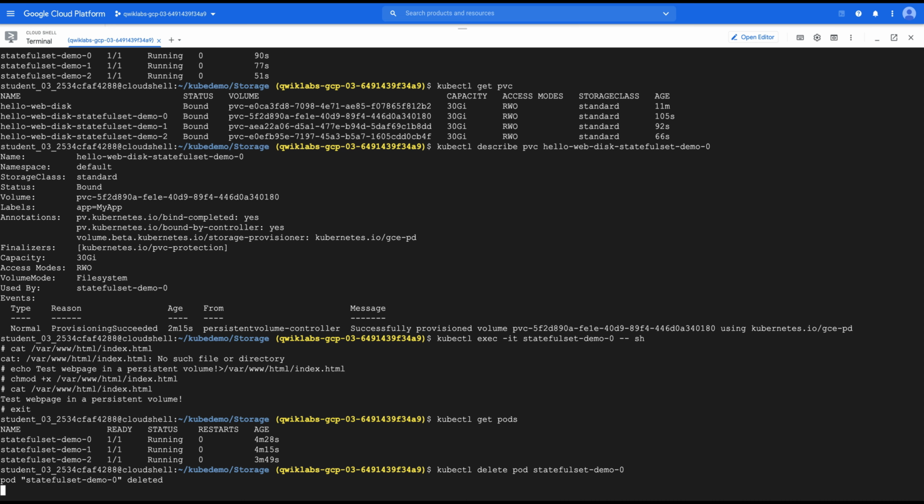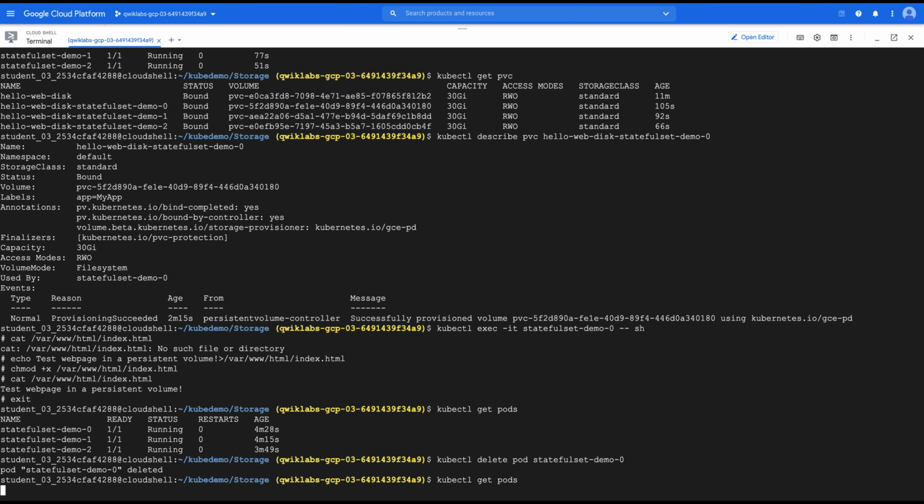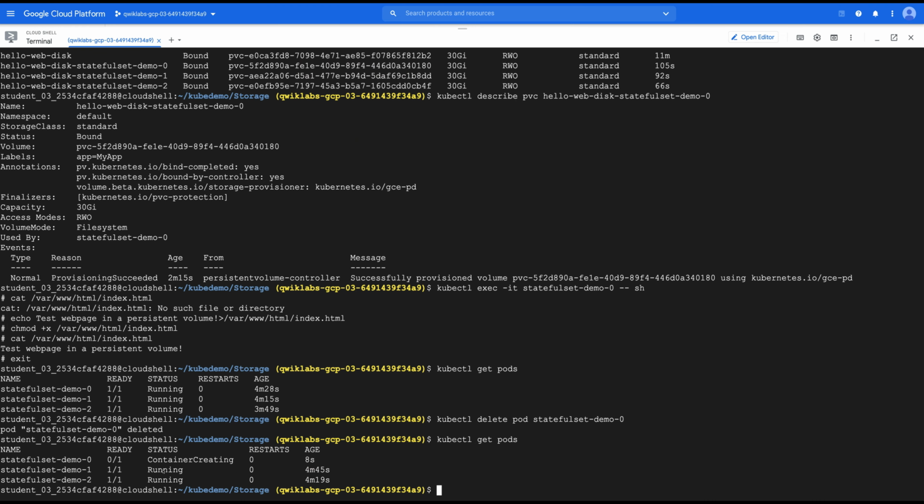Now my pod is gone, and if I do kubectl get pods again and wait for this to finish, you see the status is container creating.